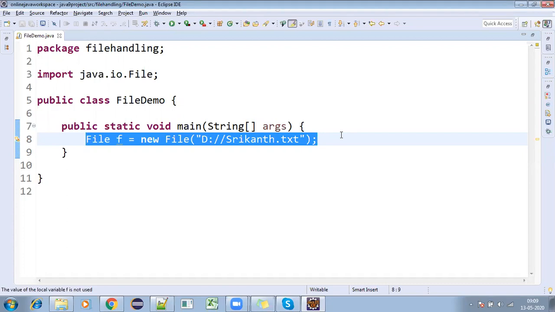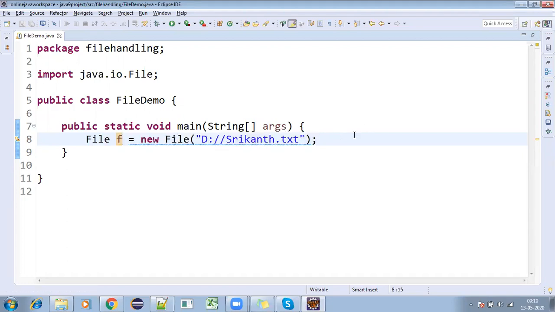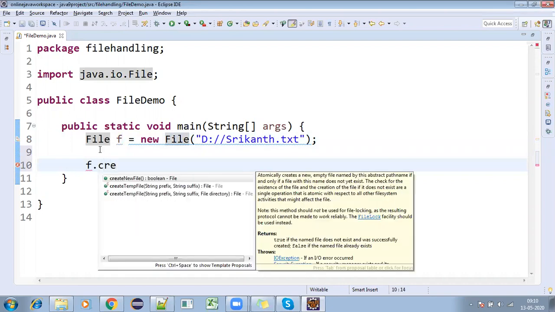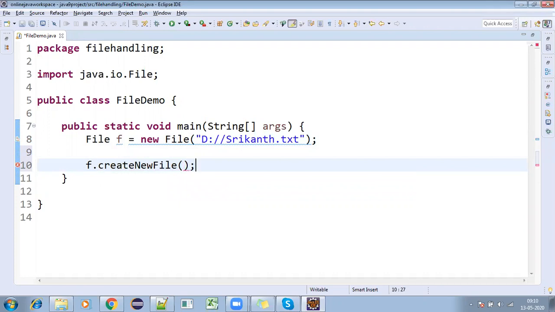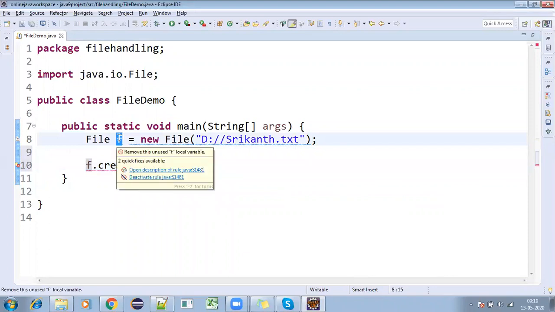It will just be referring with f. By using f, I can use some methods in the file concept. There we will be using one method that is called createNewFile. So it will be creating a new file for me by using this reference.